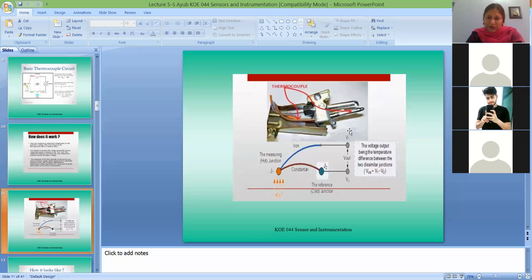Now this is also some diagram, like how do you see this. If you open this temperature transducer, this is your measuring junction where your temperature heat is applied, the temperature of which you want to measure. These are two junctions. Now this is placed at reference, and you measure the voltage developed between these two points. These are two dissimilar metals, iron and Constantan.